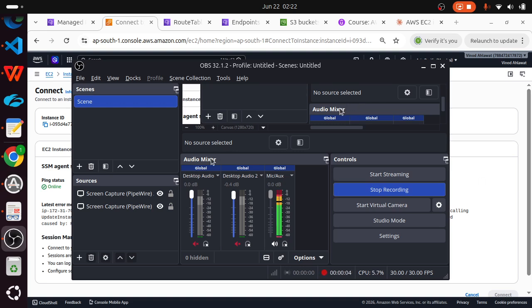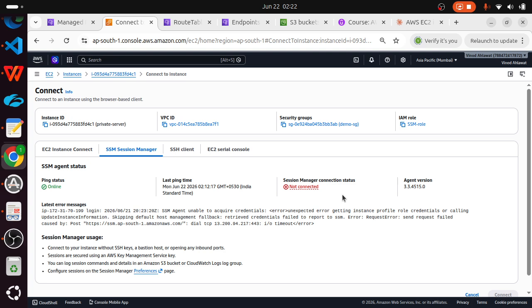So today we will discuss the practicals for the gateway endpoint. In the last video we just discussed the theoretical parts, how we can use the gateway endpoint. So in today's video we will discuss the practicals: how we can create the gateway endpoint, what the use case is, and how we can